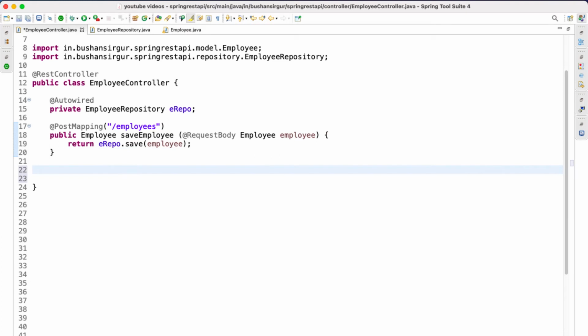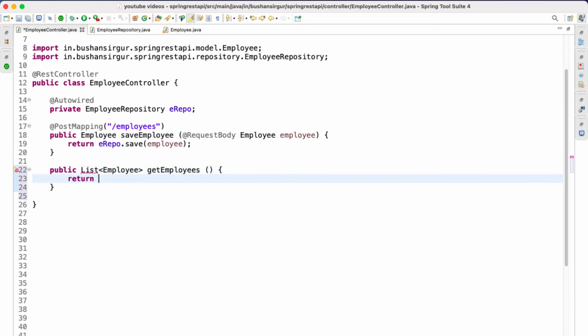We're going to create a new handler method, public. This is going to return list of employee, and this will be get employees. And we're going to return the list of employees. We're going to call the repository method, which is eRepository dot get employees.